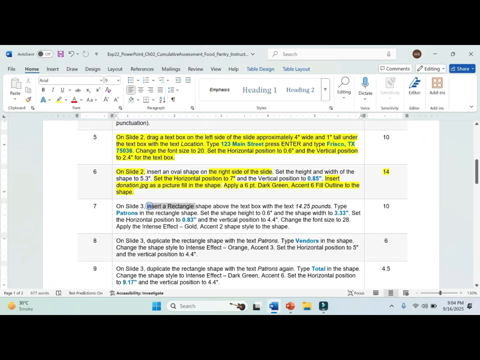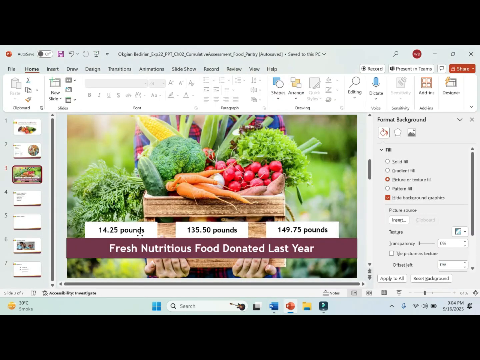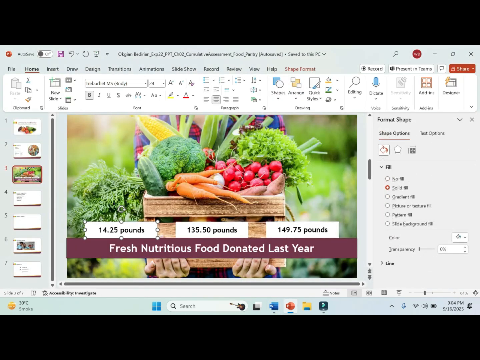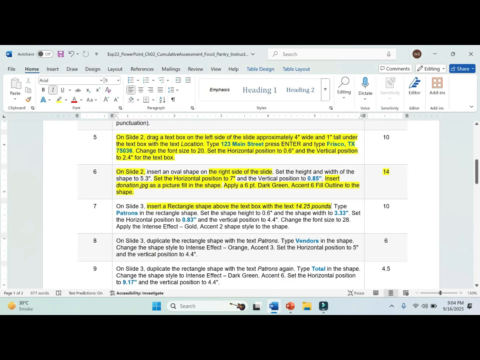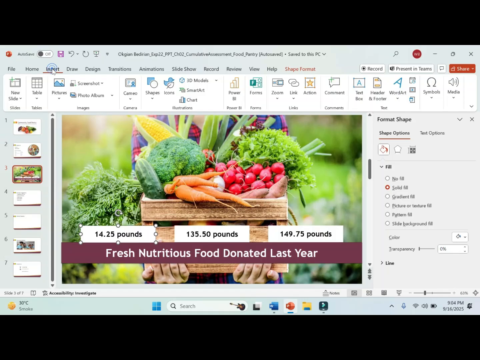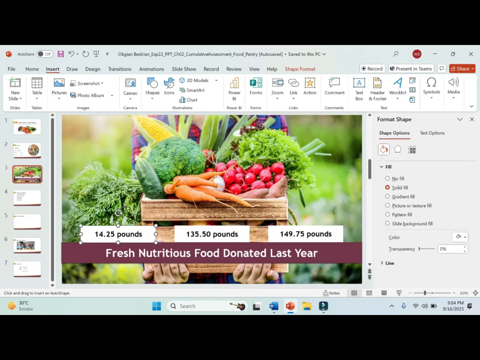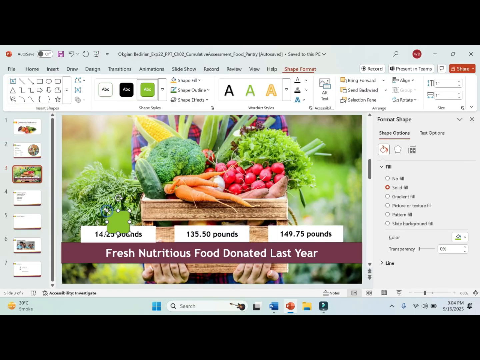And insert a rectangular shape above the text box with the text 14.25 pounds. This is the text box with the text 14.25 pounds. What we have to do is insert a rectangular shape above the text box. We have to insert a rectangular shape here. Go to the insert tab, go to the shapes, and this is the rectangle. There we go. And just click here